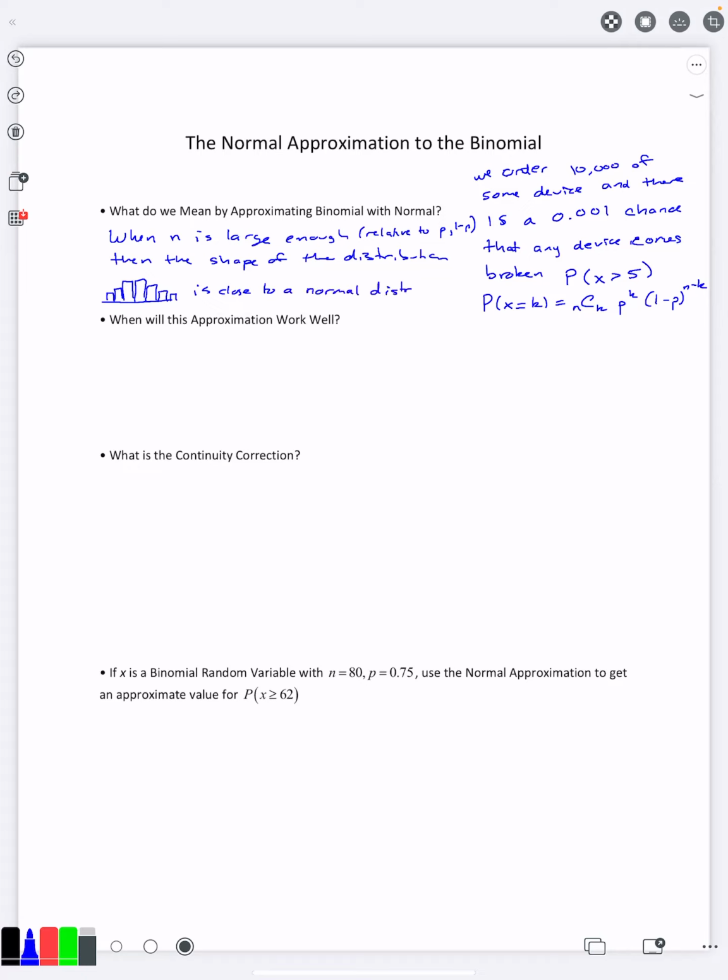Now, it can never be exactly the same as a normal distribution because binomial is discrete. It can either be 0 or 1 or 2 or 3 successes. You can't have 2.5 successes or 2.75 successes. That does not make any sense for a binomial random variable. Whereas for a normal random variable that is continuous, you could have an x value of whatever number you come up with, 2.89. That's perfectly valid in a normal random variable. So it's never going to be exactly the same. But the idea is if they're close enough,